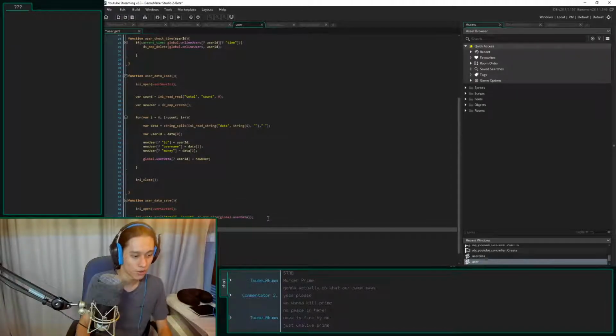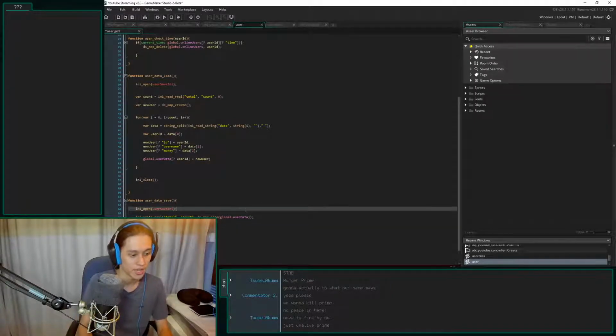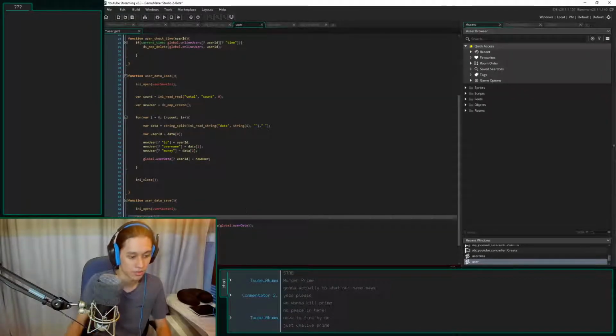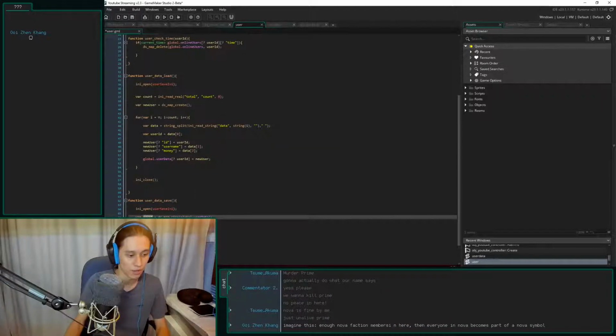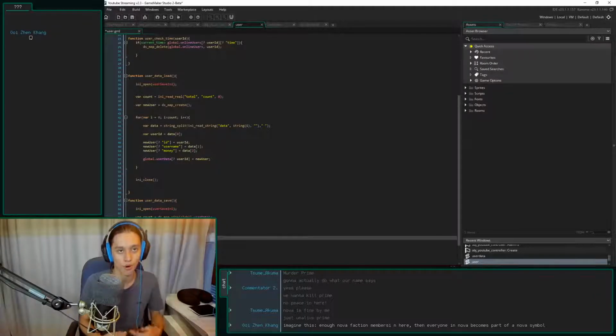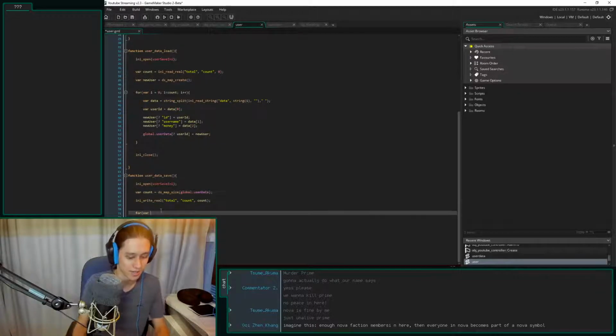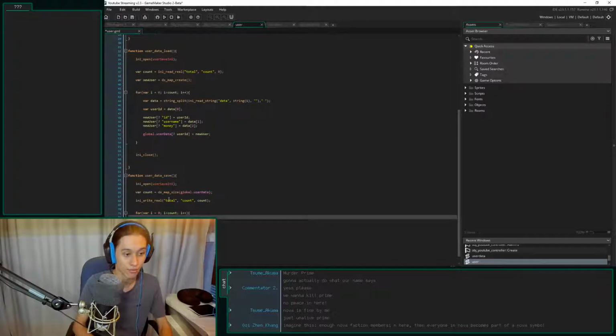So we're going to write the total count of the user data, and let me save the count. Var count equals. The reason I do this is that way I save it as a local variable. If I want to use a variable more than once, I save it as another variable so that I can just access it really fast. It's just optimization that I do a lot. i is less than count, i plus plus.